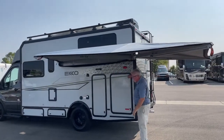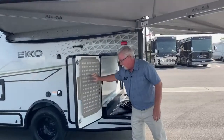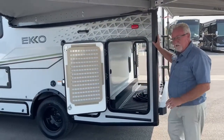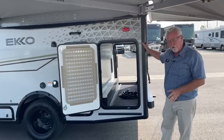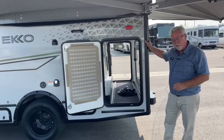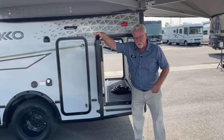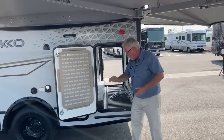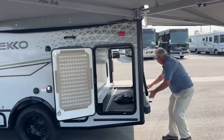So as long as we're here, let's take a look at what we've got in the compartments. This first one here is a full pass-through. Now, one of the things that really makes this product unique, it's a true 4-season cold weather vehicle. The way they have built this, the way they have insulated their doors. They put some nice racks on here for your backpacks and equipment. You can access this from 3 sides,